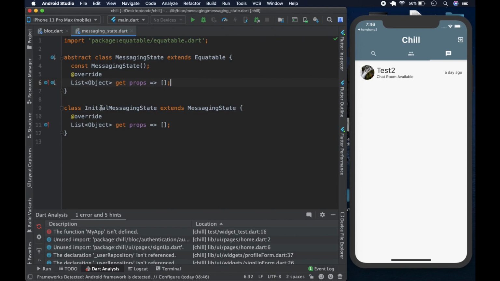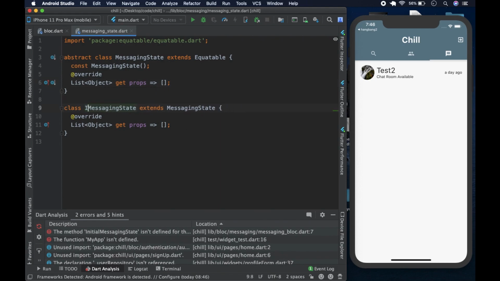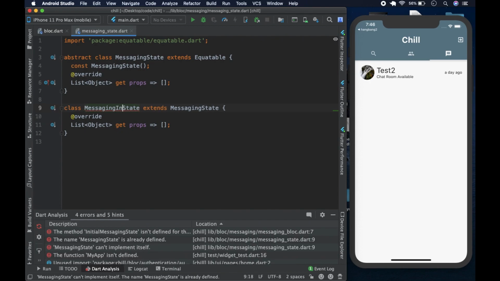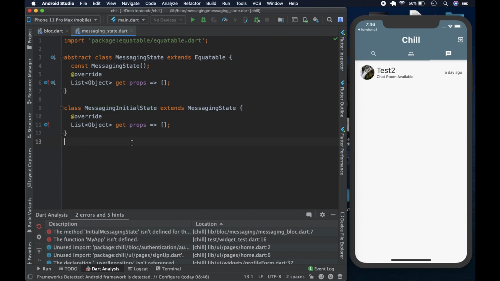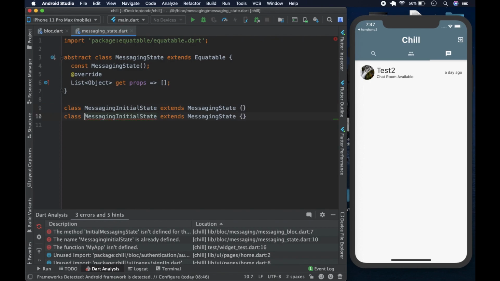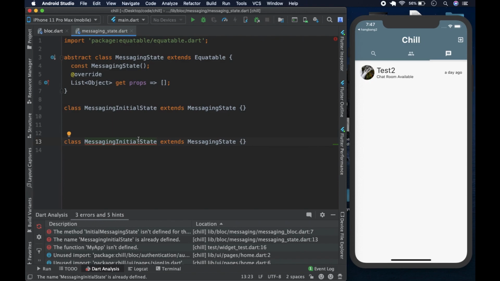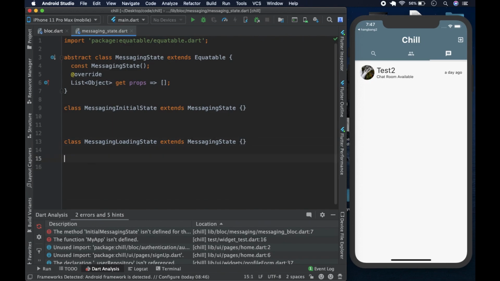And we continue from there. So first we could say messaging initial state. We could make it the first one, initial state, and we could get rid of this line. We've done this a couple of times, so this should be straightforward. We could copy this by hitting Command D, giving it a bit of space. After the messaging initial state, the next state is going to be message loading state. This is also not going to have anything comparing, so we can skip that and come down here.